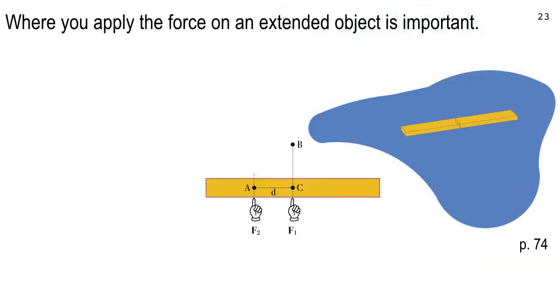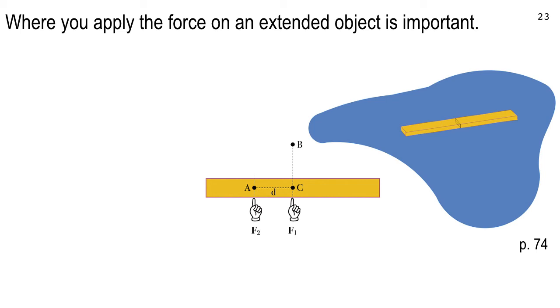All right, so let's take a look at this plank. A 2x4, for instance, and you're floating it on water. That's what that blob of blue stuff is. This is from page 74 of the textbook, when the textbook used to have pages, which it doesn't anymore. But you'll see it when you look in there.